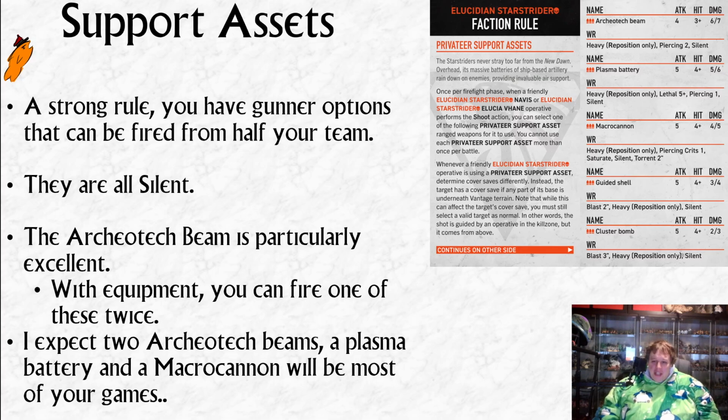You've also got guided shell and cluster bomb, which I think are less useful because I guess I'm being affected by the meta, which people are taking a lot of marine teams, a lot of Eldar teams. People aren't generally taking the big horde teams, but these are the weapons where you trade in effectiveness and damage for blast. So the guided shell is blast 2, heavy reposition only and silent again. 5 dice hitting on 4s, 3, 4, and the cluster bomb is even worse damage. 5 dice hitting on 4s, 2, 3, but it gets blast 3. So those could definitely come in, but not